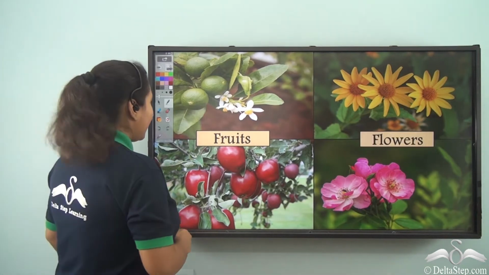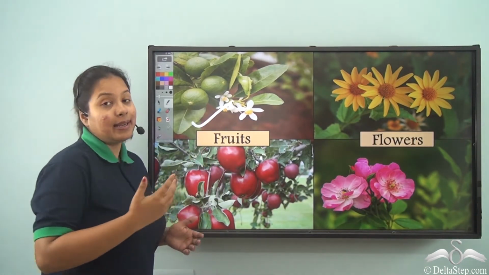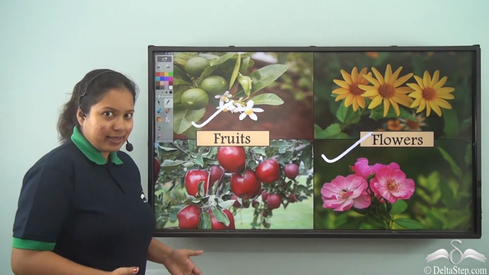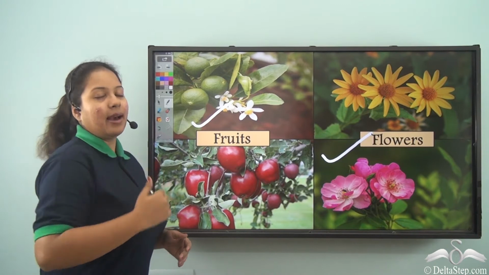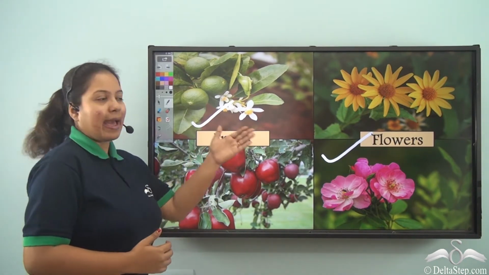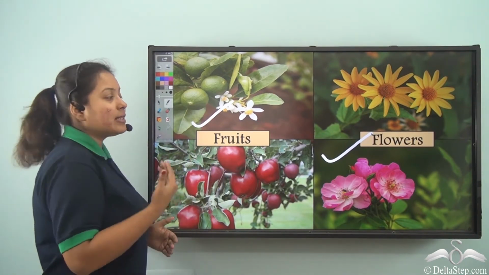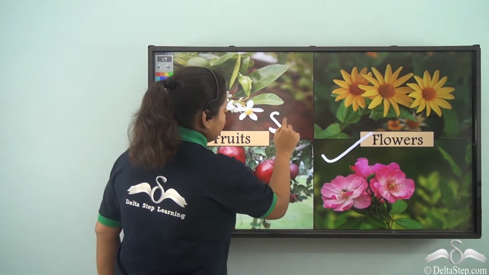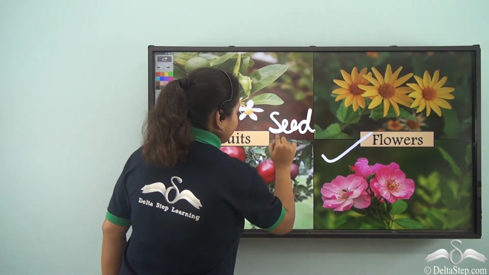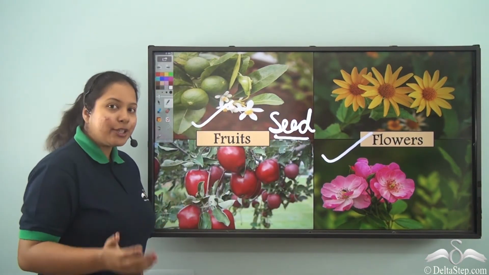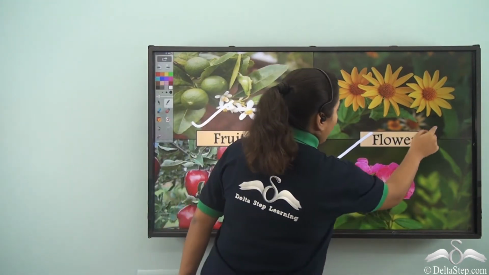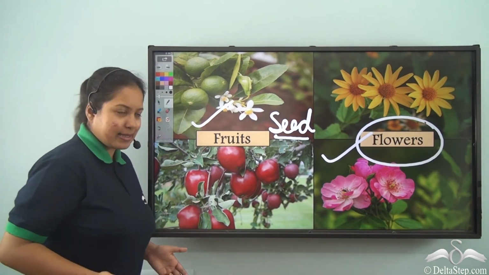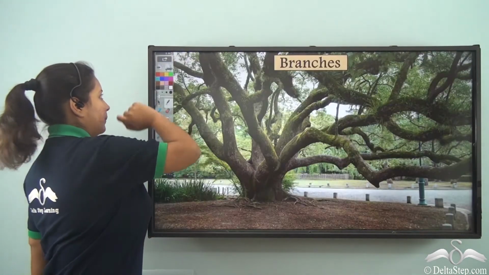After that, we have got the fruits which we love to eat and also the flowers which we love to see, and we use these in our daily lives, the fruits and the flowers. Now, how do these help the plant? Well, the fruits keep the seed inside it, which helps in growing a new plant, and flowers also help in growing more and more new plants. Let's know the other parts.